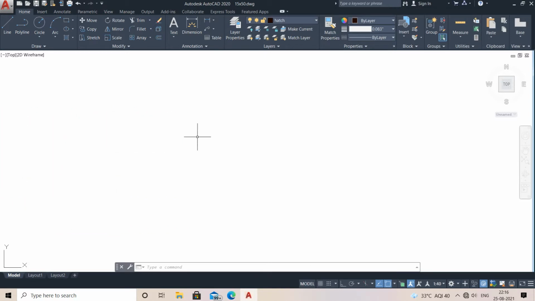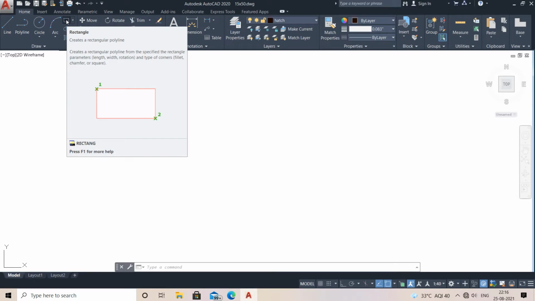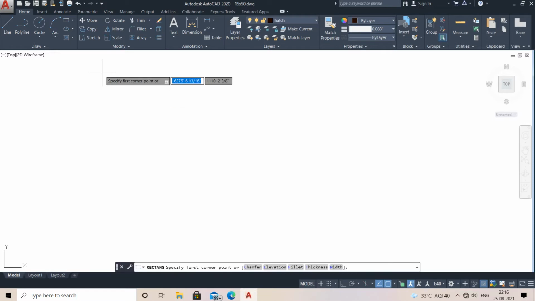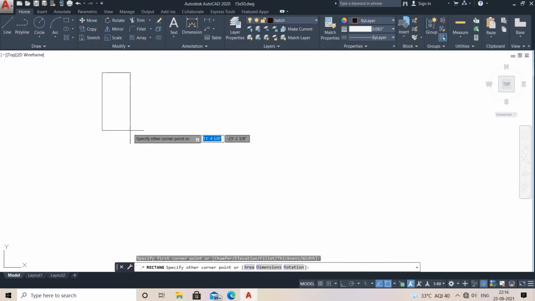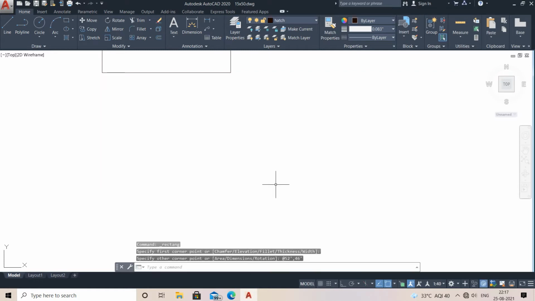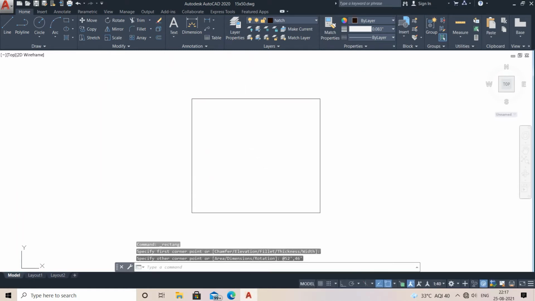First of all, the plot size which I'm going to tell you now. Its plot size is 52 by 46. So go for rectangle. You can see it in the ribbon bar. When you bring your cursor to it, you can see rectangle here. Just click it. After clicking it, click once and drag it from left to the right. Now what you need to do is give the input, right? First of all, its width is 52 feet, comma 46 feet. Before this, you should have set your unit.